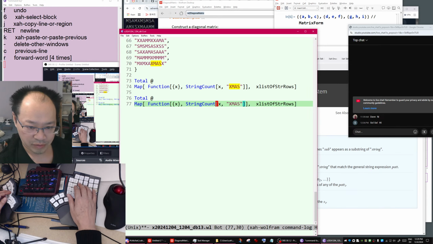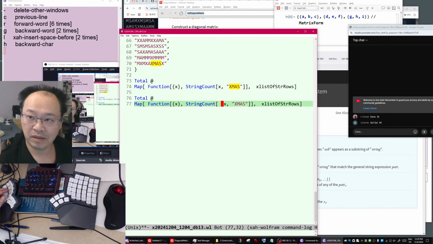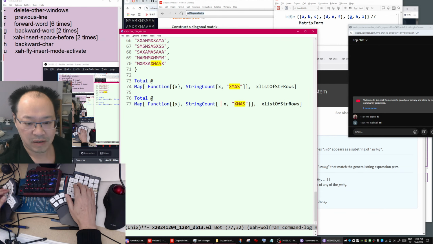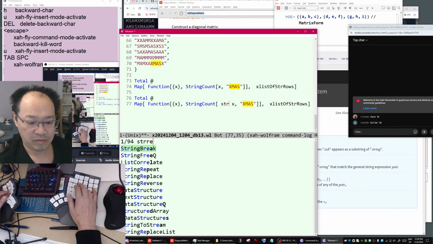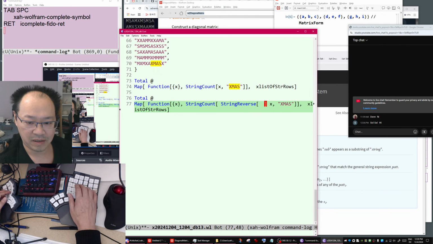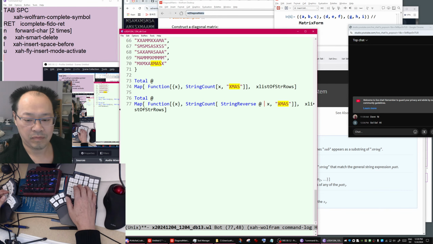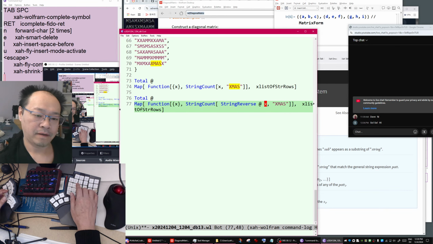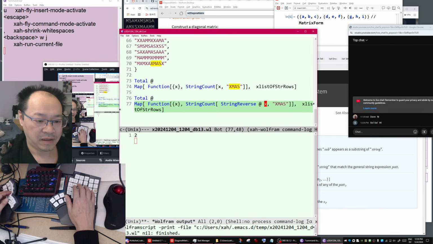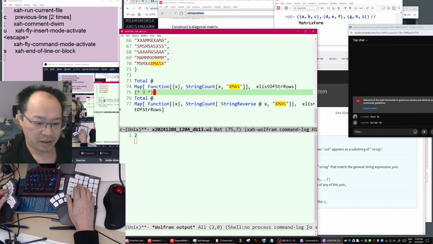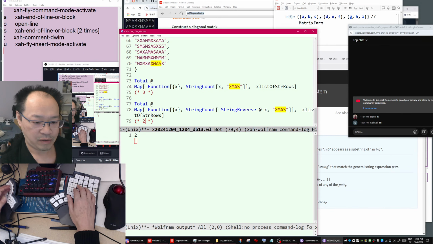So you want to map it again, but you need to reverse the string. String reverse, there it is. Now you get reverse 2. So let's say 3 here, then 2 here.